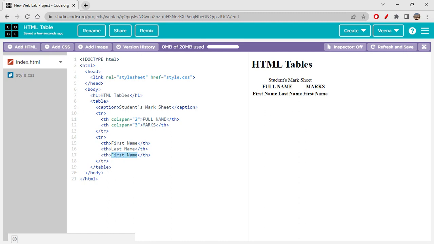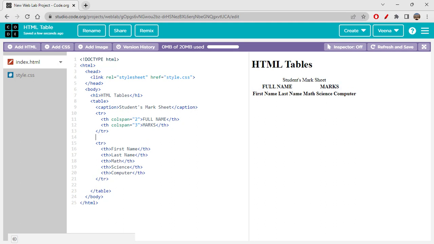So the first subject would be math. Then the next subject would be science. And the next subject would be computer. Anything, I'm just randomly writing these things. You can see full name has these two things, marks has these three things. Now let's create table data, right? We're done with creating two rows in the table, right? So now I'm just creating